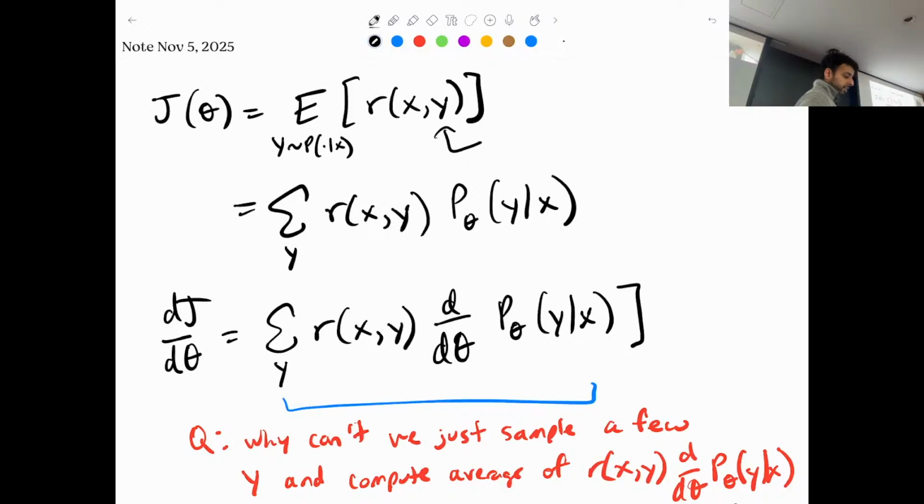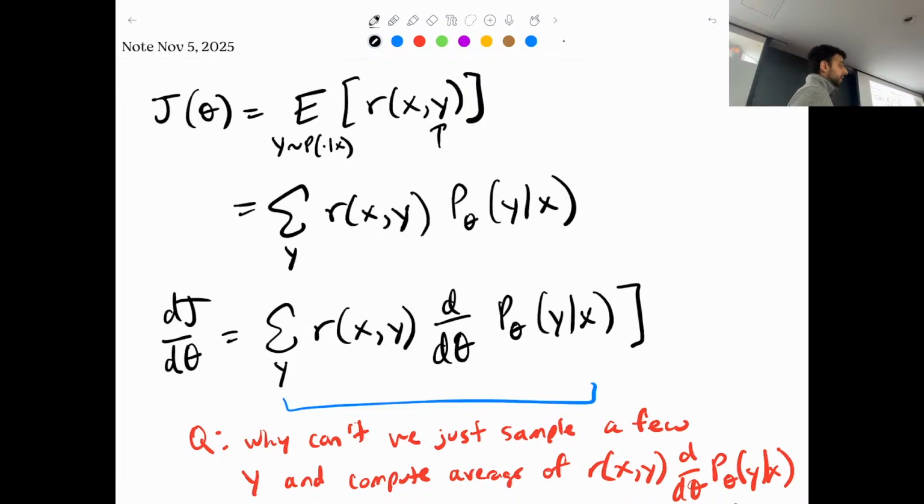So all of these are essentially tricks to put some term in our J where we have some way to differentiate through our model parameters. The probability of y given x, or the log probability, those are all differentiable, right? Because we compute those using that full softmax distribution and we can backprop through everything. But the hard sample y that we actually get when we pass this prompt through our model and then pass this through our reward model, this is not something we can differentiate through.